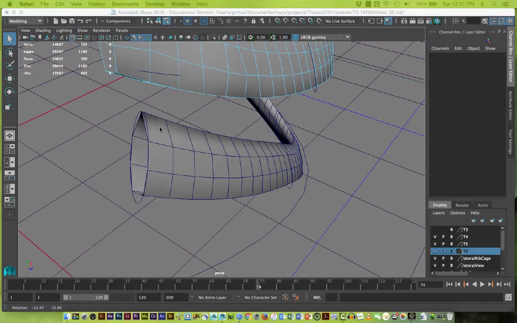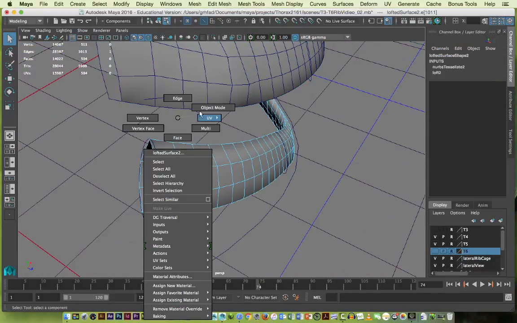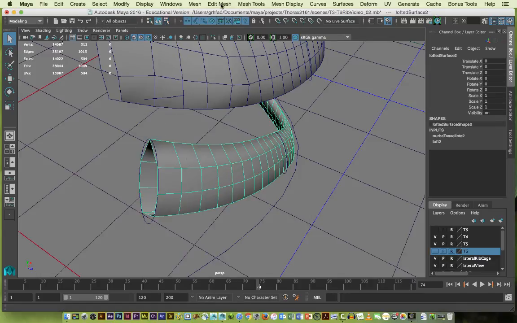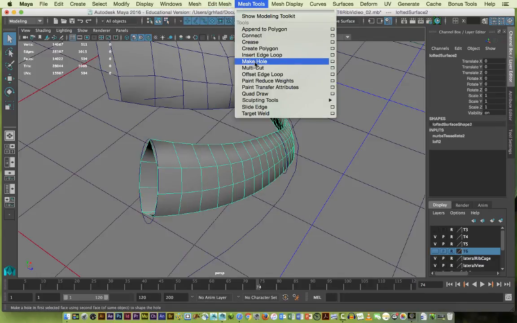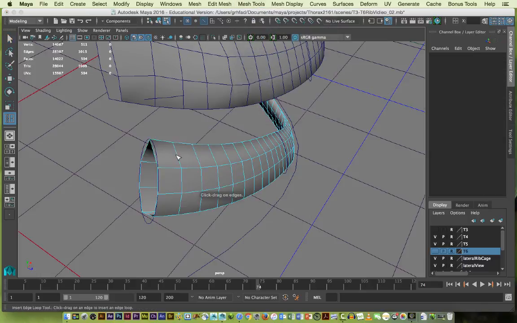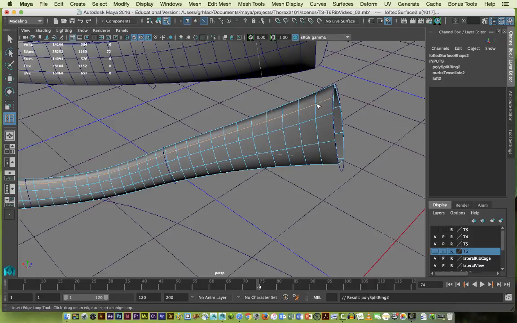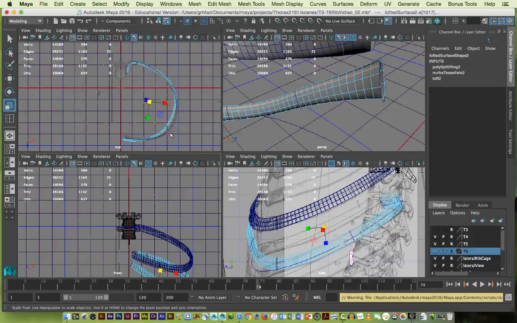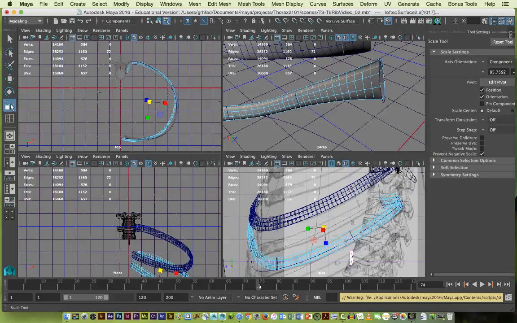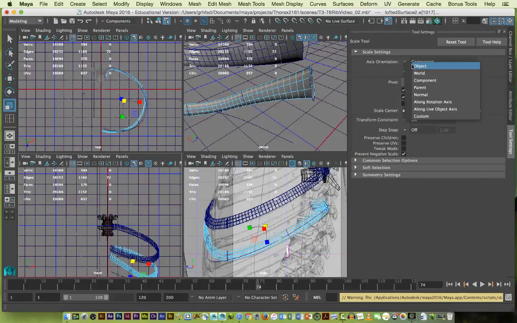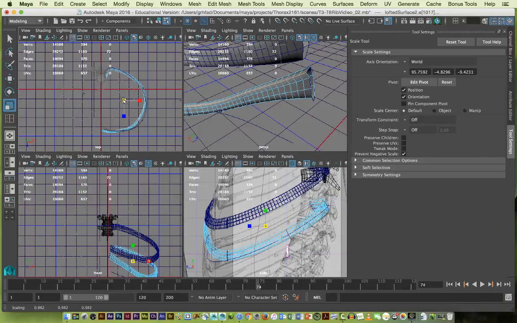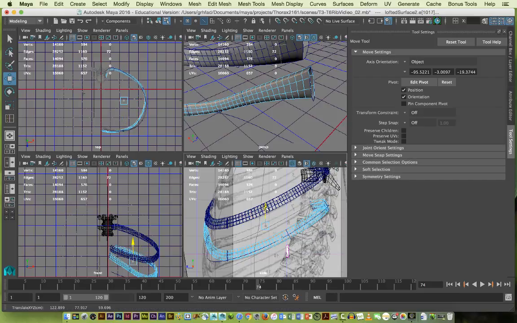The way I'm going to show you is, first thing I'm going to do is get this object, this rib 7, and do the same thing we did earlier. I'm going to insert an edge loop again here. With that edge loop still selected, change my axis to world, and in all dimensions shrink that in a little bit. And then raise it up a little bit. That gives me